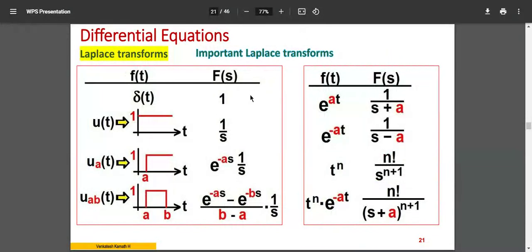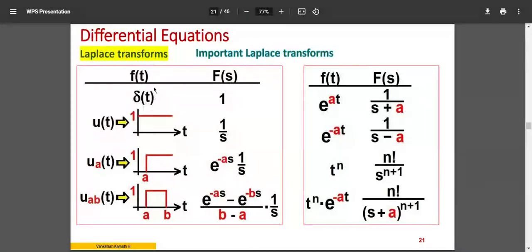So some simple Laplace transforms based on the f of t values. F of t is given on this side, and the transform of that is given on the other side. The red color indicates some significance here. So try to understand how it works. These are all process control functions. The graphs you see here are all process control functions. In other words, we call them triggering functions, triggers. Those who have completed process control may know the design and control topics, so I'll be telling you with respect to that.